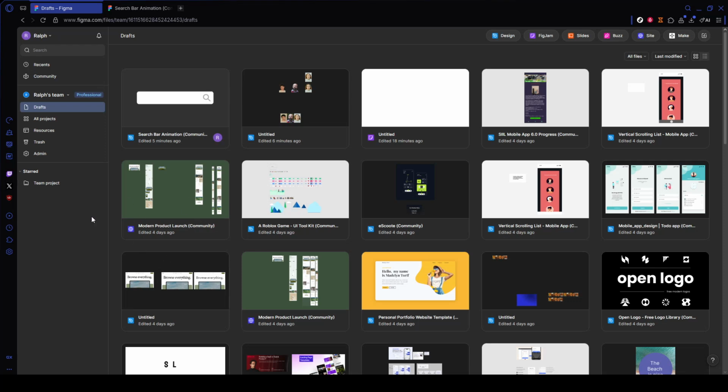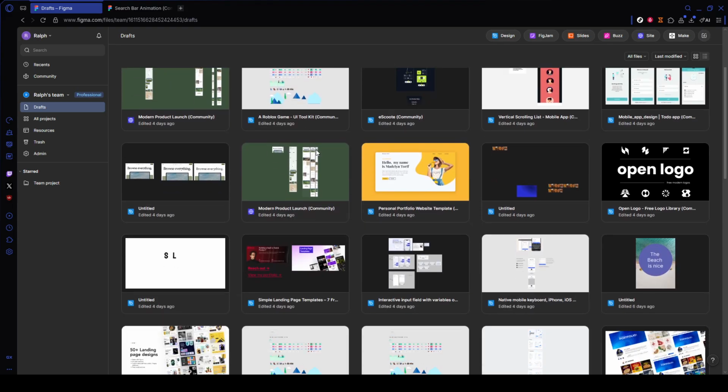In today's video, I'm going to teach you a guide how to design a search bar typing animation in Figma. We'll keep this simple and practical, using Figma's community to find a high quality starting point you can adapt to